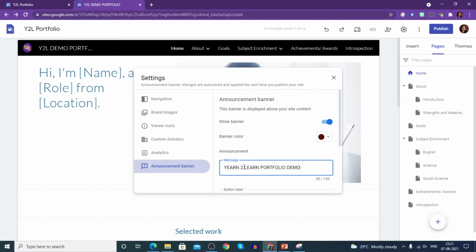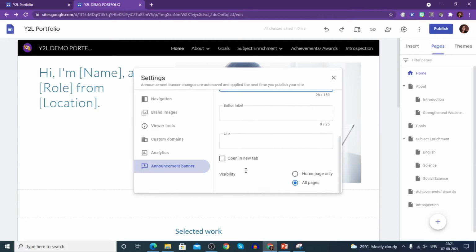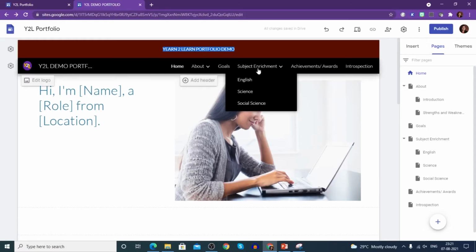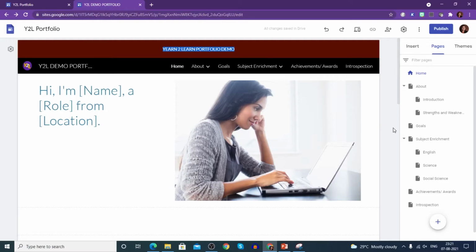If you want to give a button and link, this is up to you, and whether you want this announcement banner on all the pages or the home page only. So I'm selecting home page only, and see, it has come, yearn to learn portfolio demo. So you can see here it has come, and if you want you can put it on the other pages also.